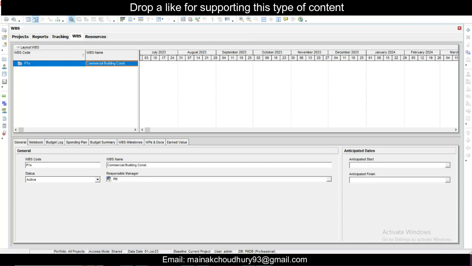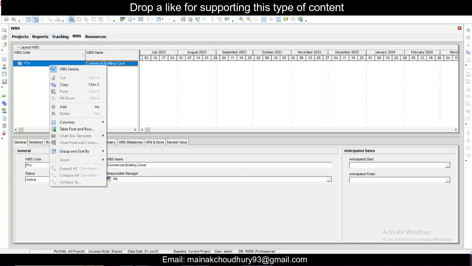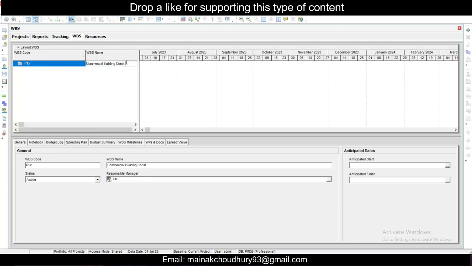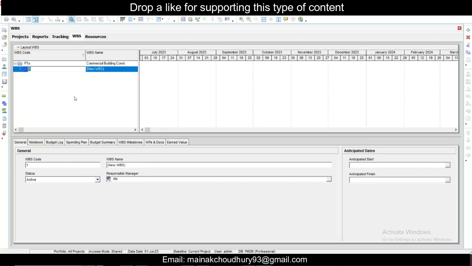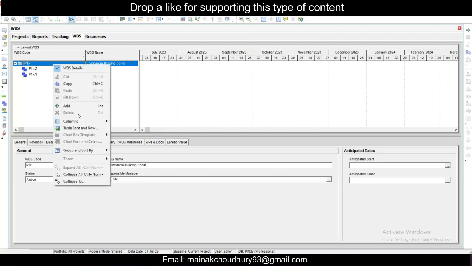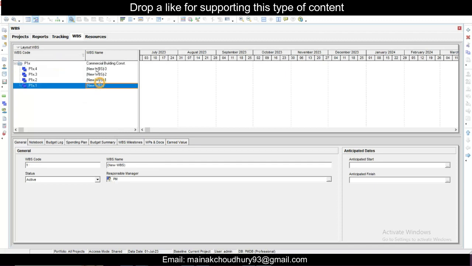For creating WBS, we'll go to project, and after project we'll just click on WBS. So right click, and you can give the project code. Suppose P1X is already there, and the WBS name you can give, commercial building. In this commercial building, let's add the parts here. So you can add the parts. Let's add some more parts, and then we'll just name them PTX2, PTX3, PTX4. Like this you can add the parts. So suppose we add these parts in the commercial building. First part will be